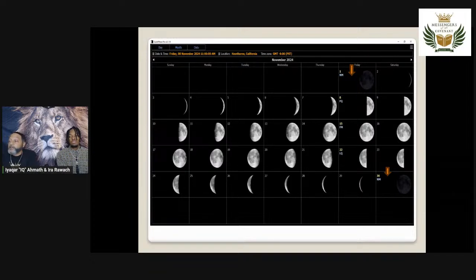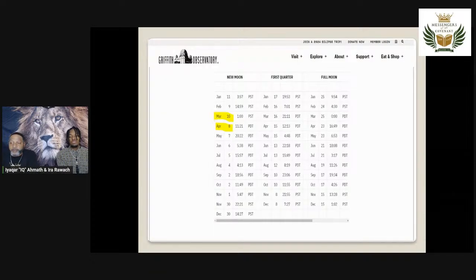All right. So let's look here. This here is the new moon for this year, right? Even when we calculate. Matter of fact, I'm going to show y'all a better way. I'm going to show y'all through the app. And this is just, like I said, one aspect of observation, but it's going to be even more clear when I do it this way.